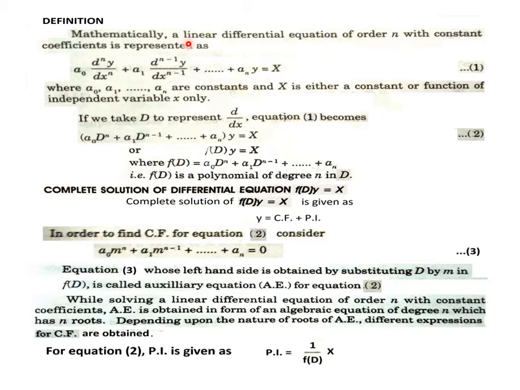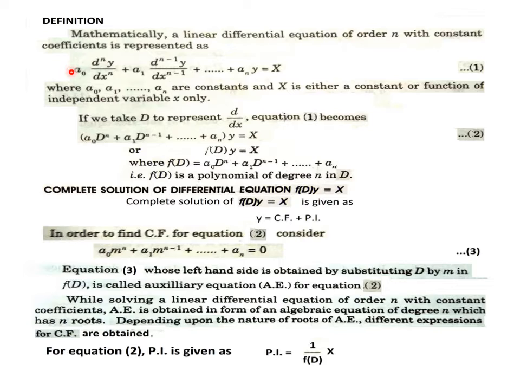As you can see, it's a linear differential equation. Why linear? Because all derivatives of any order, including the zero order derivative, that is dependent variable y itself, are possessing power 1, and there is no term given in this equation with product of any two derivatives. That's why it is linear. Of higher order, here specifically order n, because d^n y by dx^n is existing as top order derivative, nth order derivative in this equation with constant coefficients.